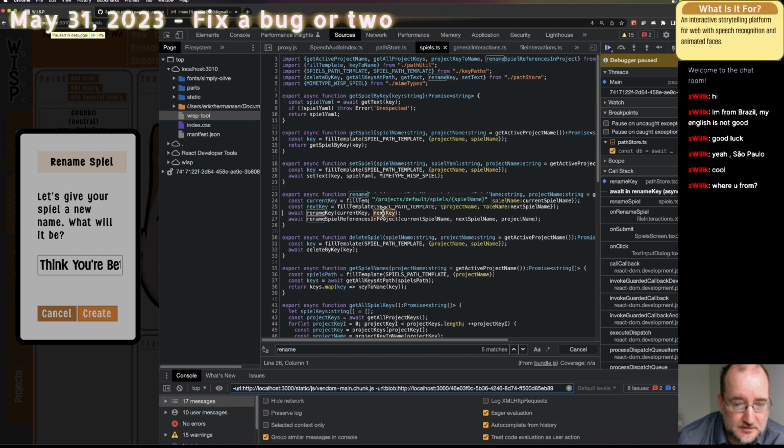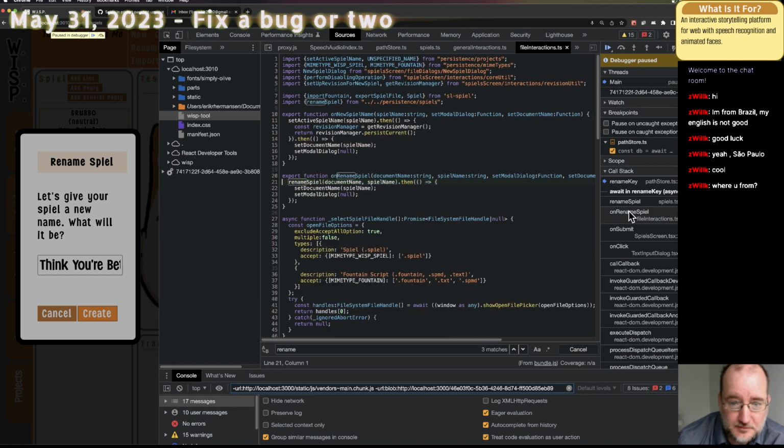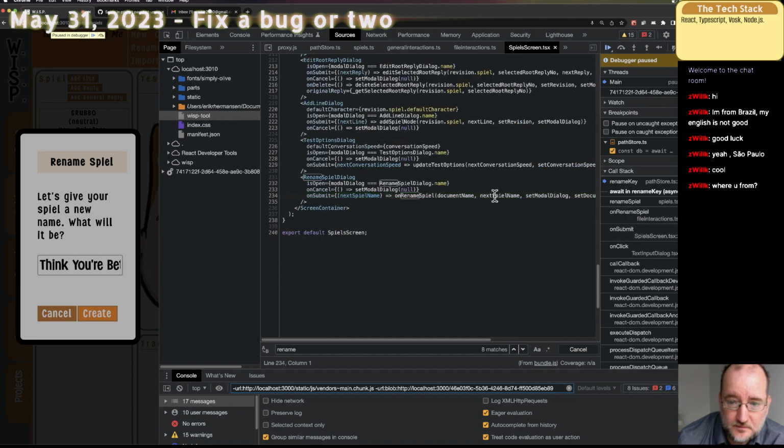Current key, next key. Okay, so you messed up there on rename spiel. You got nothing. On submit. You got nothing. Nothing in the call stack for me. Thanks. So I can't really tell where the first point is, where we lost the name and it passed in some garbage.